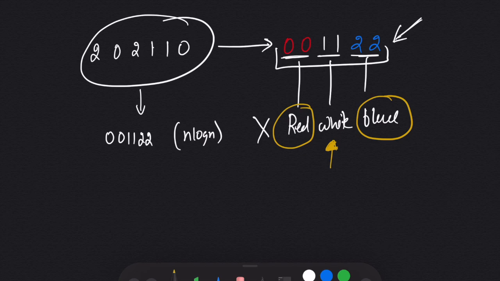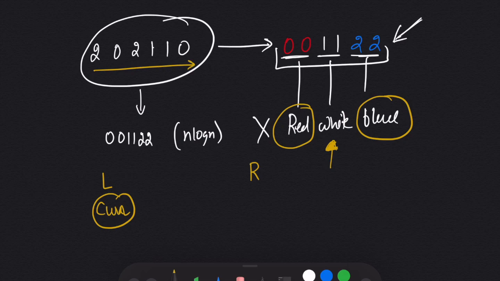So what can we do to bring red and blue to their correct positions? For that, I will take two pointers, one is left, one is right. And I will take a current pointer which will traverse the whole given array.